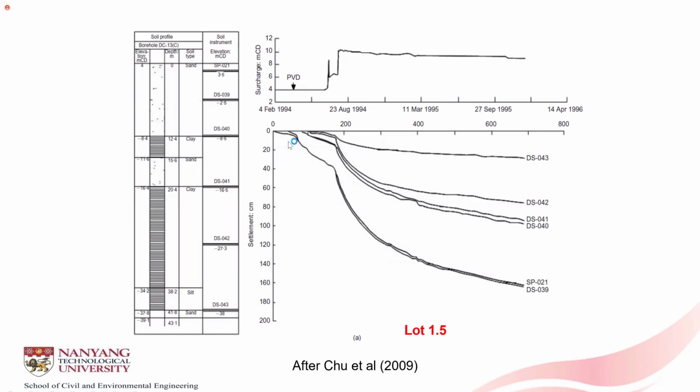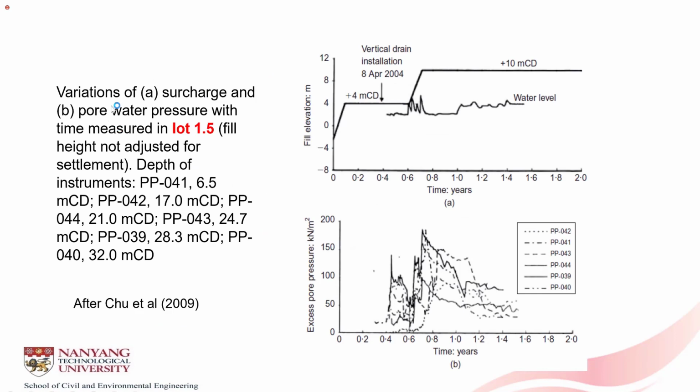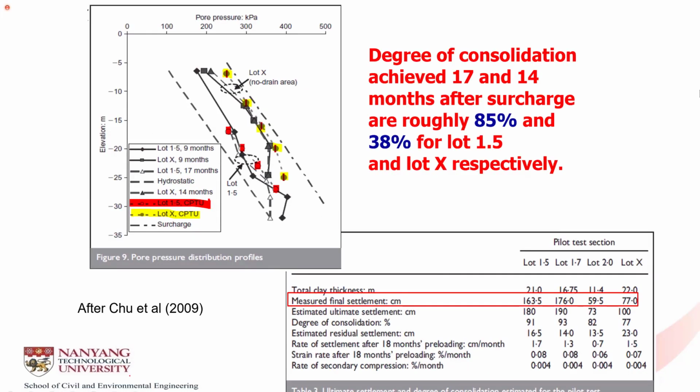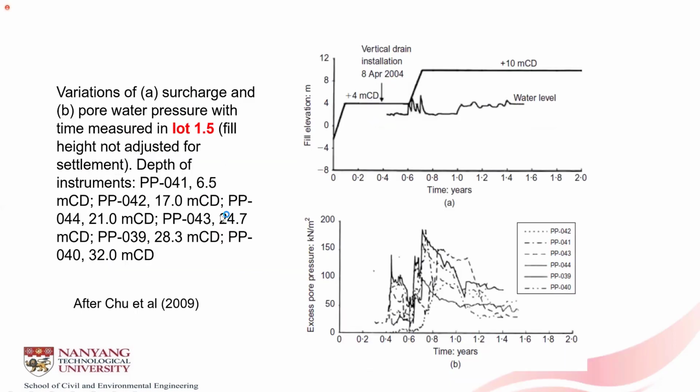Nevertheless, this is the settlement monitored at different elevations for a drain spacing of 1.5 meters. And this is the pore pressure monitored for a drain spacing of 1.5 meters. I'm not going to discuss how we estimate the degree of consolidation using settlement, because most of you are familiar with this. So I'm going to illustrate how the degree of consolidation is estimated using the pore water pressure